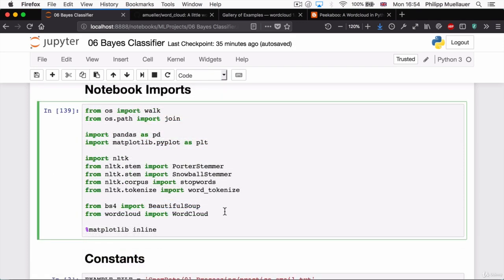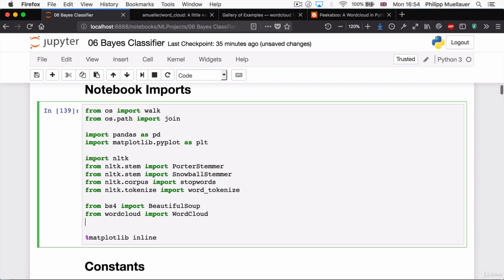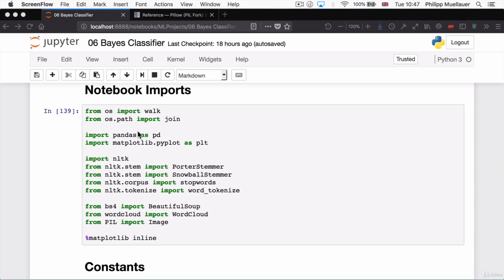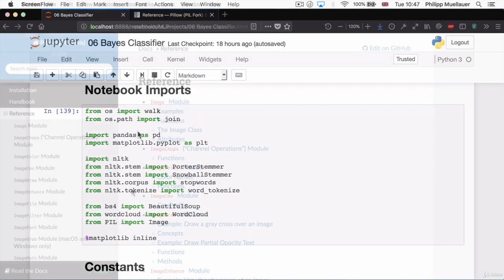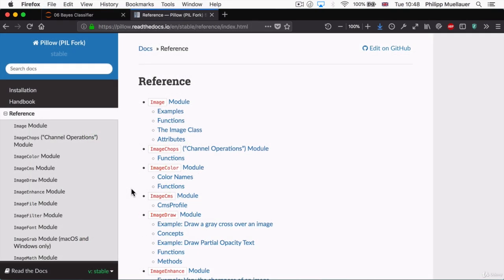Now, before we scroll back down, let's go up to our notebook imports and import another tool. This will be some functionality from the PIL package. So from PIL, all caps, import Image. PIL is short for Pillow. Pillow is the name of a package that will help us with image manipulation and processing. Pillow can actually do quite a lot of things, like pixel manipulation, image blurring, or smoothing, or adding text. We're going to be using it to convert our starting image of the whale to grayscale, and then to an